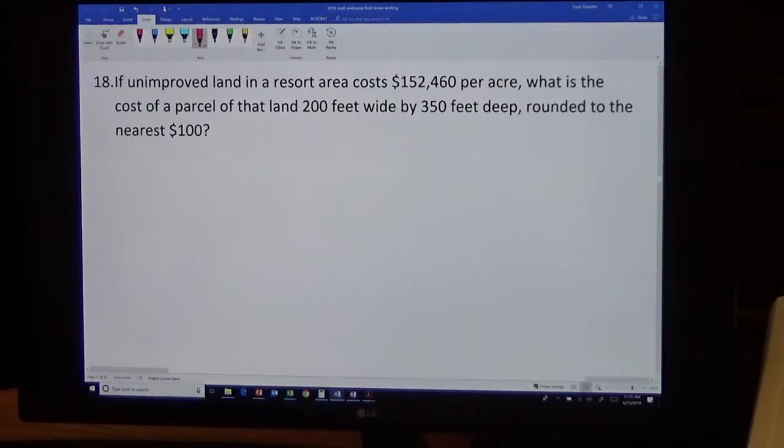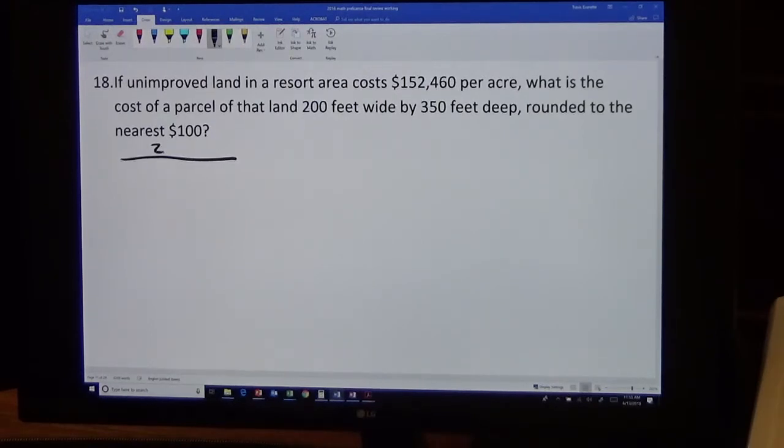Number 18 says, if unimproved land in a resort area costs $152,460 per acre, what's the cost of a parcel of that land 200 feet wide by 350 feet deep, rounded to the nearest 100? So, whenever I have a dimension question, I like to first of all draw the piece of property that I'm dealing with, because I find it helps to have a visual representation. So we've got 200 feet wide, and then we've got 350 feet deep